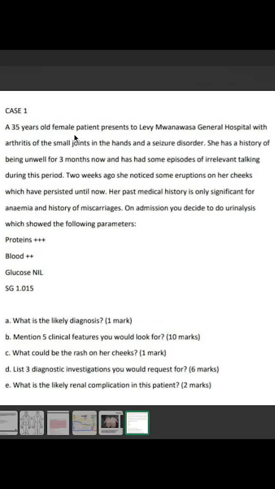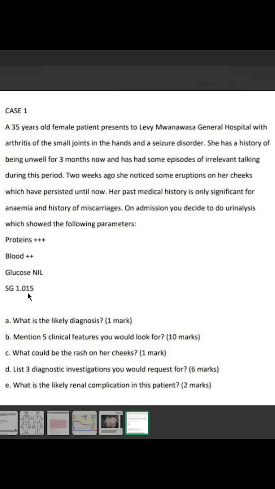Okay, a 35-year-old female patient presents to Levi-Mwanawasa General Hospital with arthritis of the small joints in the hands and a seizure disorder. She has a history of being unwell for 3 months now and has had some episodes of irrelevant talking during this period. 2 weeks ago, she noticed some eruptions on her cheeks, which have persisted until now. Her past medical history is only significant for anemia and a history of miscarriages. On admission, you decide to do urinalysis, which showed the following parameters: proteins 3+, blood 2+, glucose nothing, and the